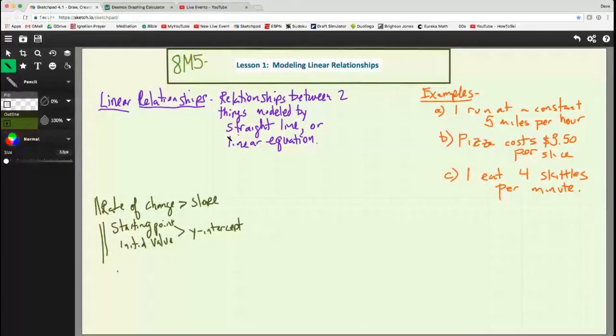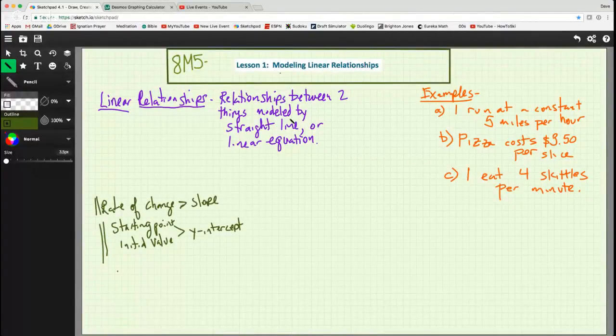So let's move on over to our draw pad and talk about lesson 1. The title is Modeling Linear Relationships. Linear relationships is just another word for things that are modeled by a straight line or a linear equation. So relationships between 2 things modeled by a straight line or a linear equation. Straight lines are the graphical version,